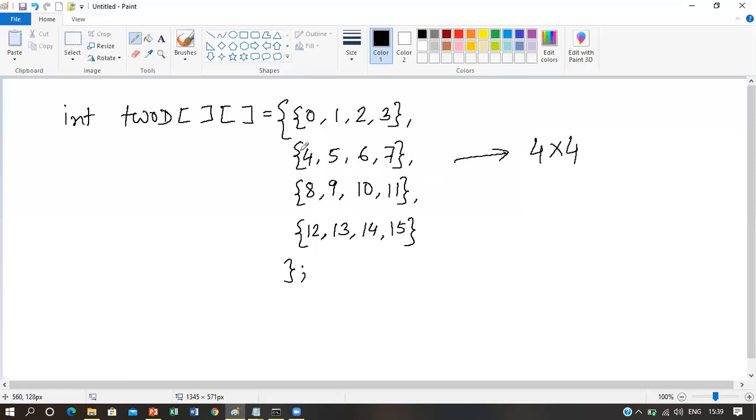And in this way, you don't need to specify the sizes, because if you initialize a 2D array like this, the array initializer will automatically assume that this is a 4 cross 4 2D array. So it will automatically assume its size to be 4 cross 4, where this 4 is the row number and this 4 is the column number. And then you can do programming like the way I have shown in the program using 2D array. You can also use this concept of 2D array initialization to do the same program that I have shown already.